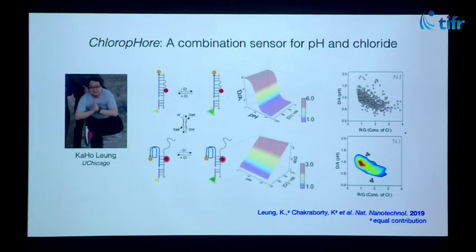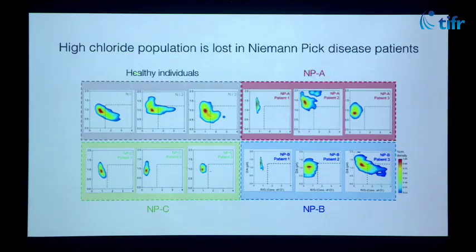And so we were quite intrigued and we said, okay, does this happen for everybody? Is it just one? So there's this one high chloride population of lysosomes here and a low chloride population here. And when we looked at 3 healthy individuals, we found that all of them had this high chloride population. So then what we did was we said, okay, let's take